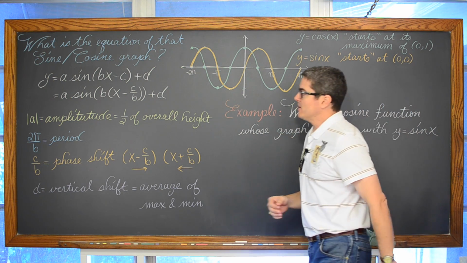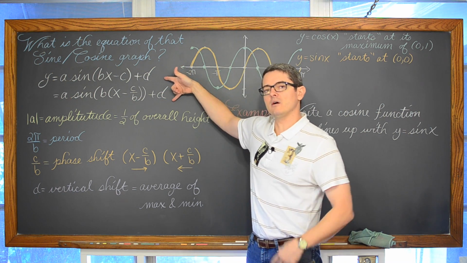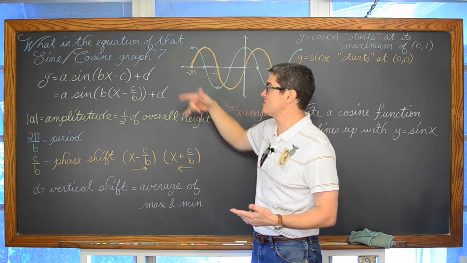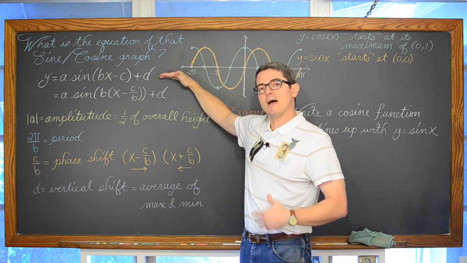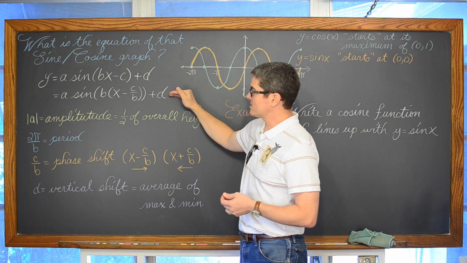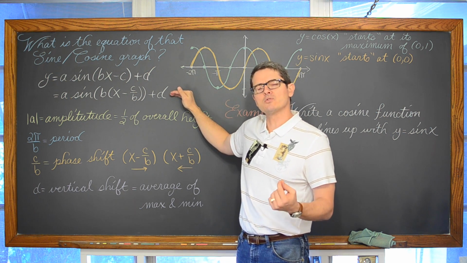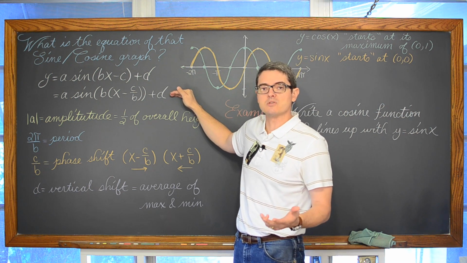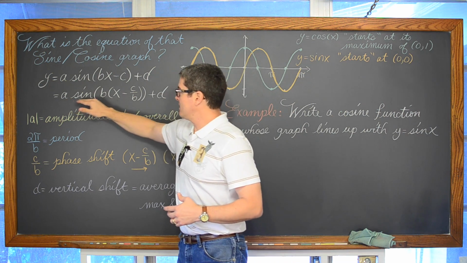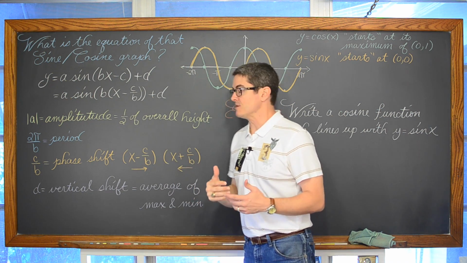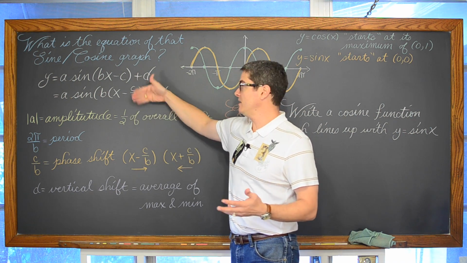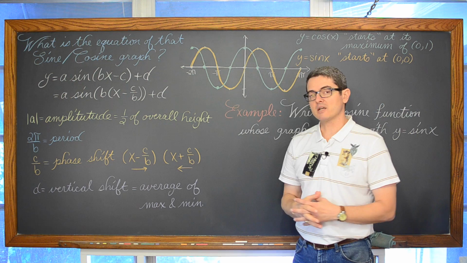And just a quick rundown, I have two forms here of the general form of these trig equations with all the transformations included. This first form would match how my pre-calculus book introduces this, and the second line would match how an old trig book, and actually current trig books as well, wrote it. Years ago I taught out of a trig book for my school, and this is how it wrote the general form of trig functions, showing you all the different transformations. And really I like the second form better, but you need to realize that different textbooks use different notation.